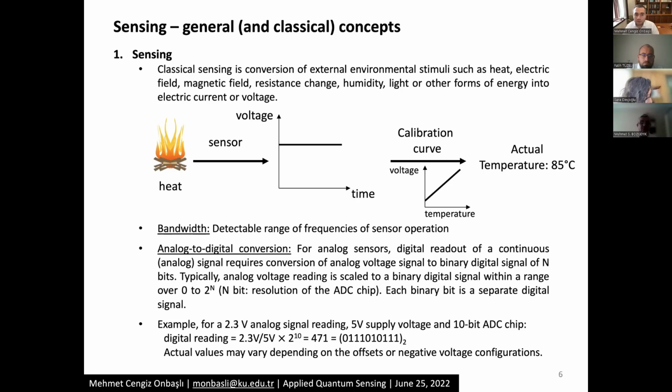And when we look into our analog to digital conversion, this is essentially discretizing our voltage readout from our sensors, and we are turning it into digital binary values using a component that we call analog to digital converter chip. So ADC chip is what we use for our analog to digital conversion. And this is relevant for signal subtraction or background subtraction, and that will be highly relevant for especially the applied part.